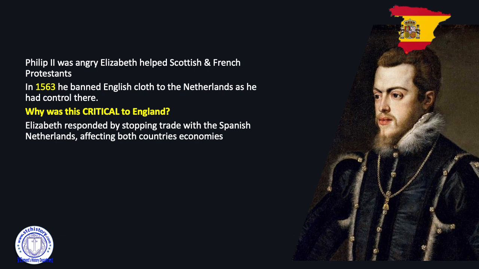All right, so she then responds, because this is Elizabeth we're talking about, by stopping trade with the Spanish Netherlands. Remember, everybody wants English wool. It's the best. But also, trade goes two ways, doesn't it? A country requires trade, export and import. All countries do. So Elizabeth's sort of hoping here that she can almost persuade Philip to stop his little block of English cloth, because it's going to affect the Spanish economy as well, because they're not going to be able to trade with things that they buy in the market.